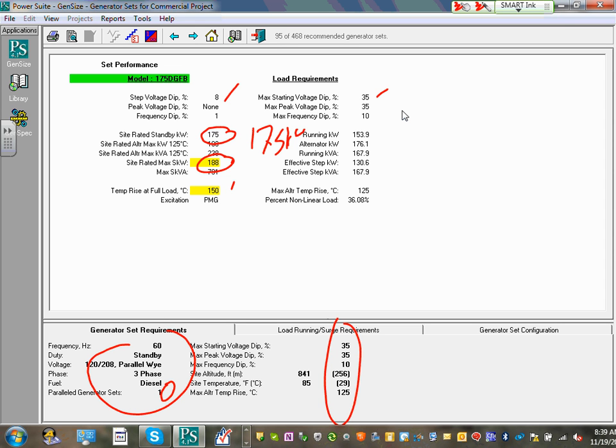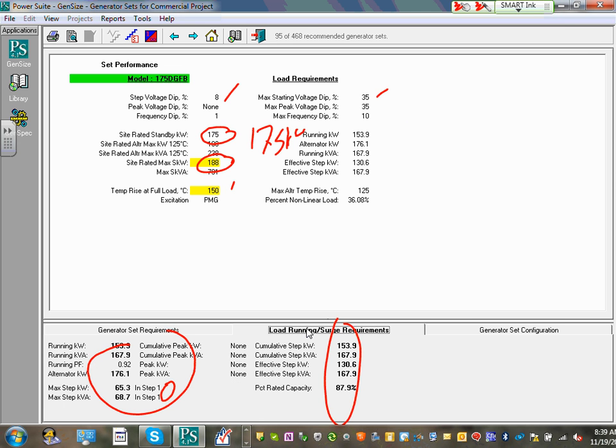Now, of course, your generator is going to be different than that because you need to add more loads to it, right? We need to add more loads to that generator. Any comments, guys? Any questions? So that's this report. If you click on load running, it will give you guys information about your loads. Now, the first info, if you click here, it gives you information about your loads. So here's my total load running is